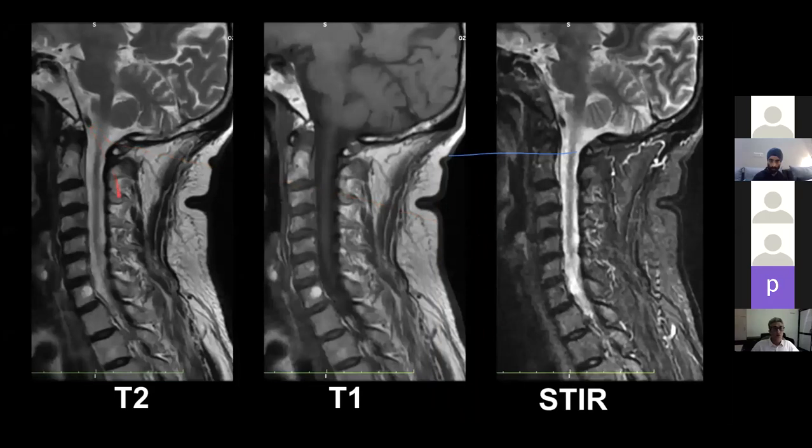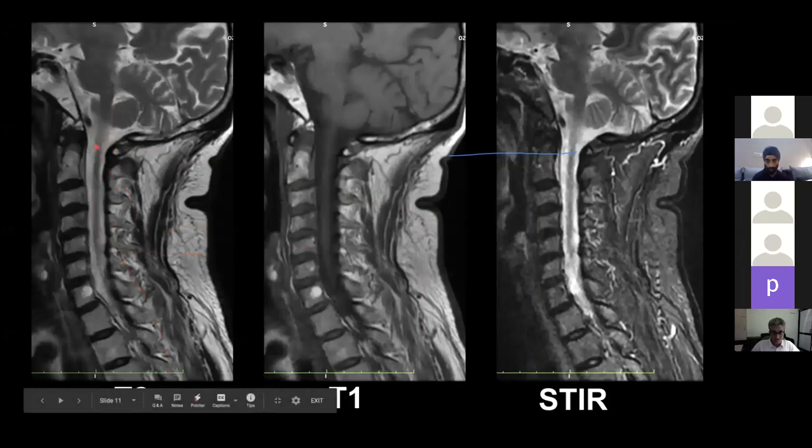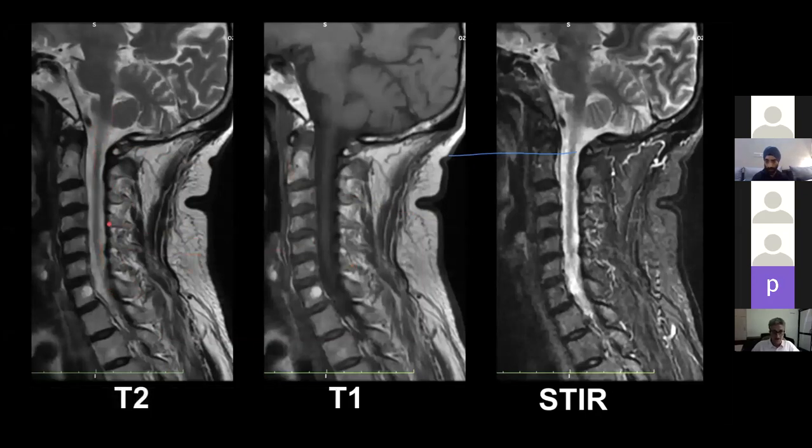So again, one more case in which we are able to see all these three sequences. This is cervical spine sagittal image. This is very clear to everyone that we are dealing with all these sagittal images of cervical spine. We can see CSF white, we can see a part of cord, these are the vertebrae.